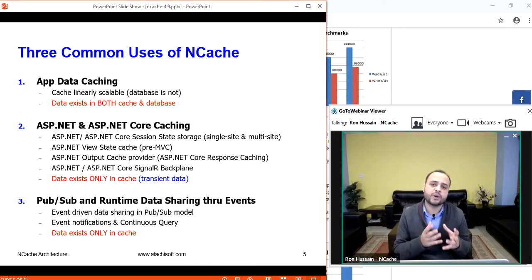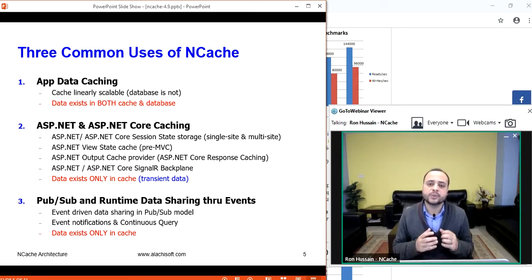First of all, you can use it for application data caching. This is a very common use case where you use NCache for database caching. Databases, again, are slow and you end up getting scalability issues. And in some cases, a database can also give you reliability issues and data loss issues if you don't have mirroring available. Think of a scenario where a server goes down or you need to perform maintenance, so you need to have downtime on the application as well. In order to overcome that, you can use NCache data caching